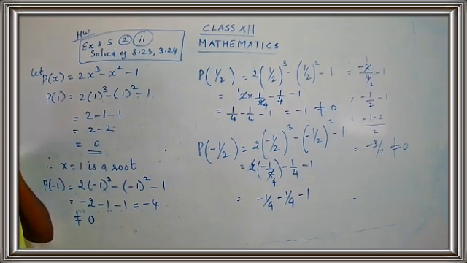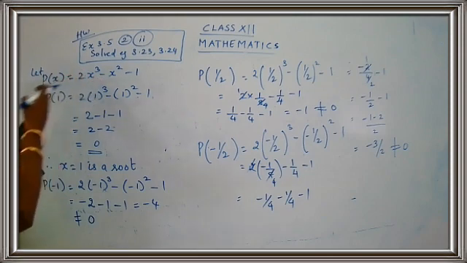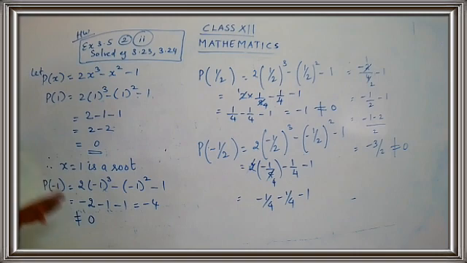Then you have to just take the numbers only once. You are not going to take the numbers twice. Just take the number once. After taking the number once, you have to just put the values in the given equation and solve it. And once you solve, you have to get the value as 0. If you get the answer as 0, that particular value becomes a root. So in this case, which is the root here? X is equal to 1 gives the answer 0.